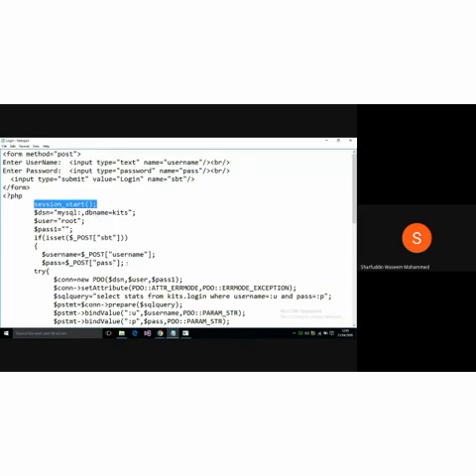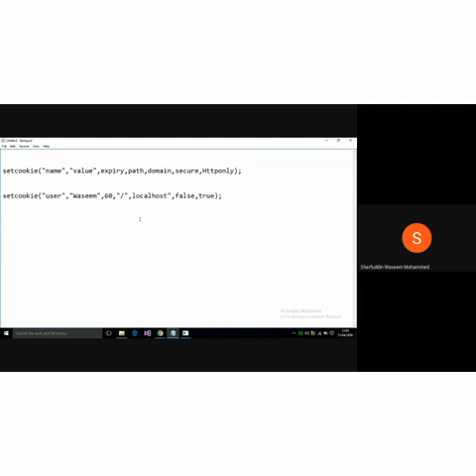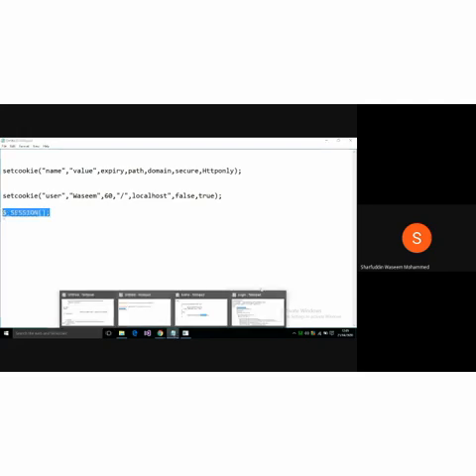Now, similarly as you have $_COOKIE as a super global array, in a very similar manner we have $_SESSION as a super global array, which is an associative array. So we can set the values to it directly. I will show you how to set the values in your sessions.